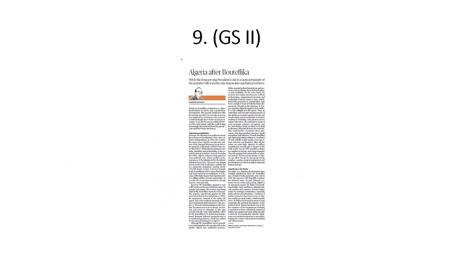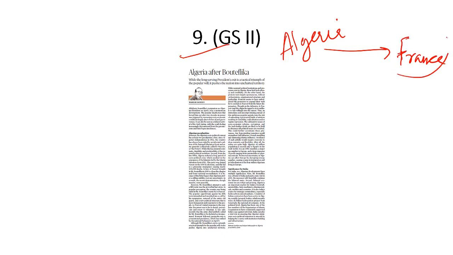Now let's look at another column on page number 9, Algeria after Bouteflika. We discussed 2 days ago how there were protests in Algeria and they wanted the ouster of Abdelaziz Bouteflika as the president of Algeria. Bouteflika was a member of the army when Algeria fought a national liberation war with France, because France was the occupier of Algeria. Then there were successive governments in Algeria after its liberation from France, and Bouteflika was a minister in some of these governments.